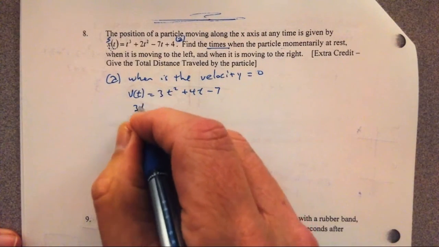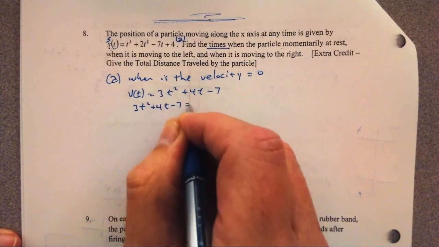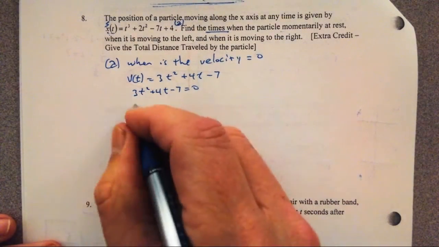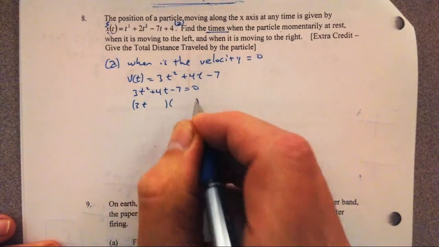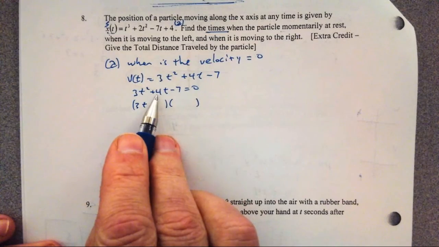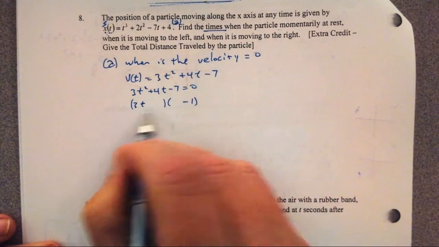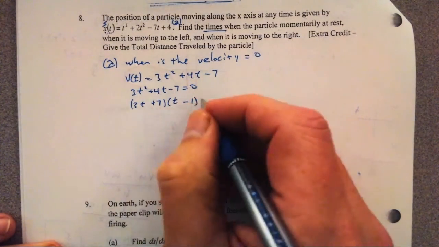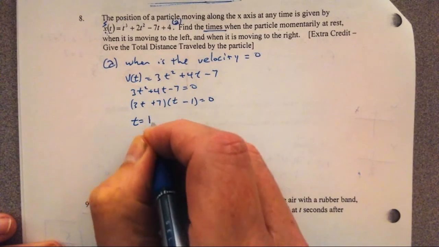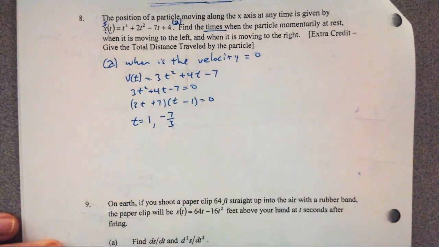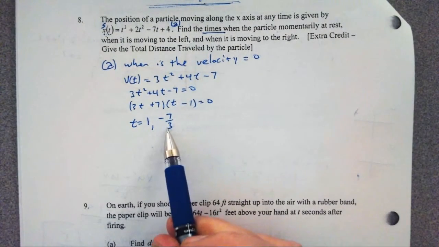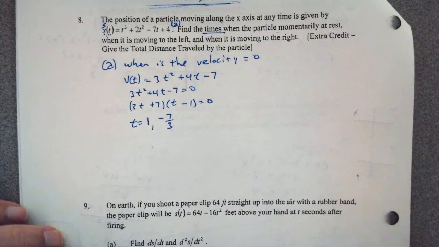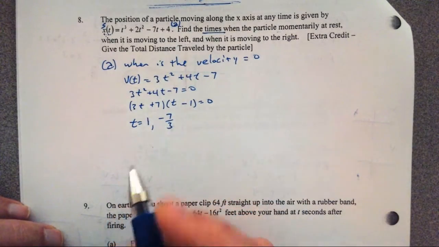So I want to set 3t squared plus 4t minus 7 equal to 0 to see when the velocity is 0. It'd be nice if that factors: factors of -21 that add up to 4. There are 7 and -3. I can get a -3 from my outside product, 3t times -1, and a +7 from my inside product. So I get t equals 1 and -7/3. And my first thought there is, hey, I don't even know if t can be a negative value. We take a look, and it doesn't imply that it can't be. So t can be a negative value,